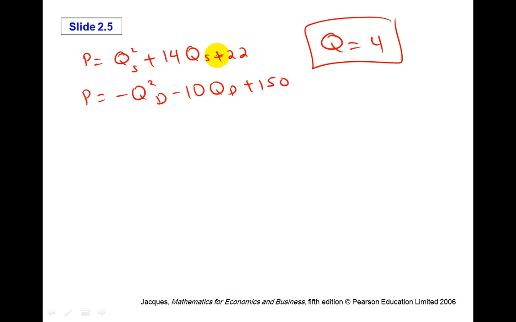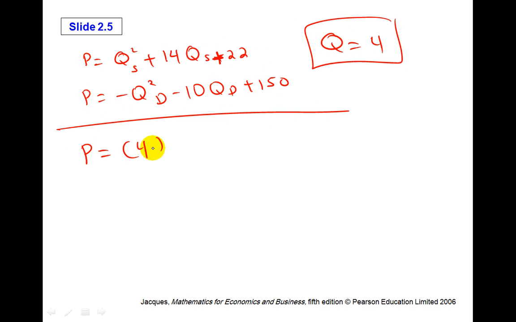It's the same, it doesn't make any difference where to plug in. Okay, I'll do it in the first one. So P equals 4 squared plus,